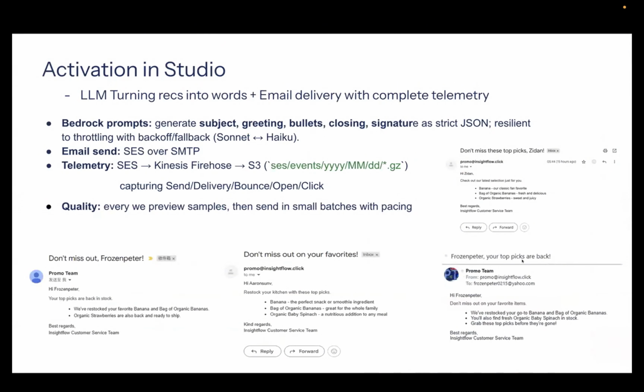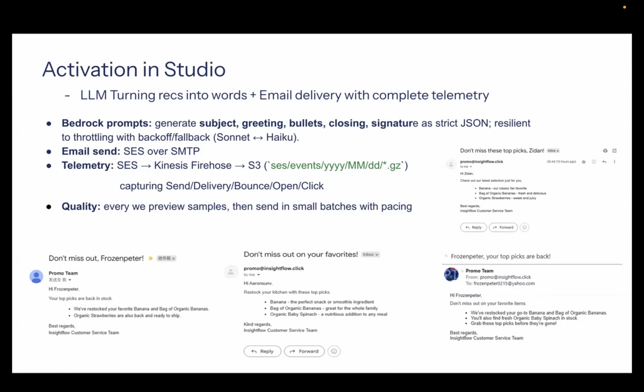In the studio, we convert the model outputs into personalized copy. The Bedrock prompts enforce a strict JSON schema. We implemented backoff and a model fallback to survive throttling.